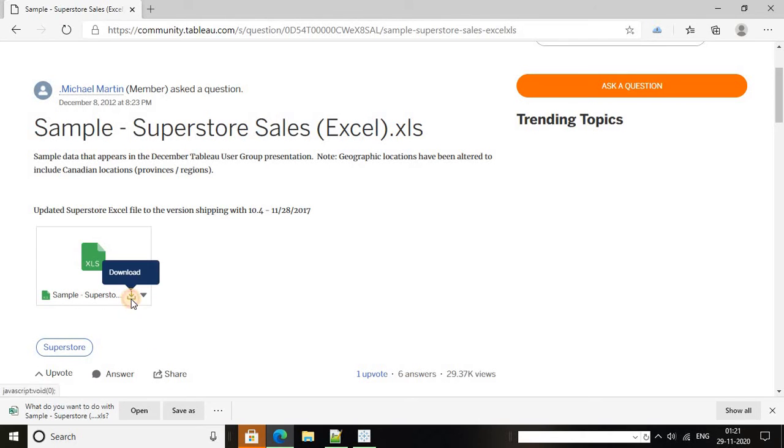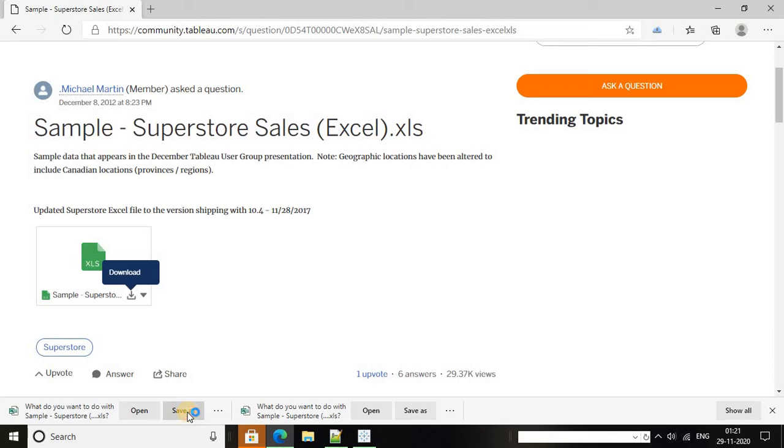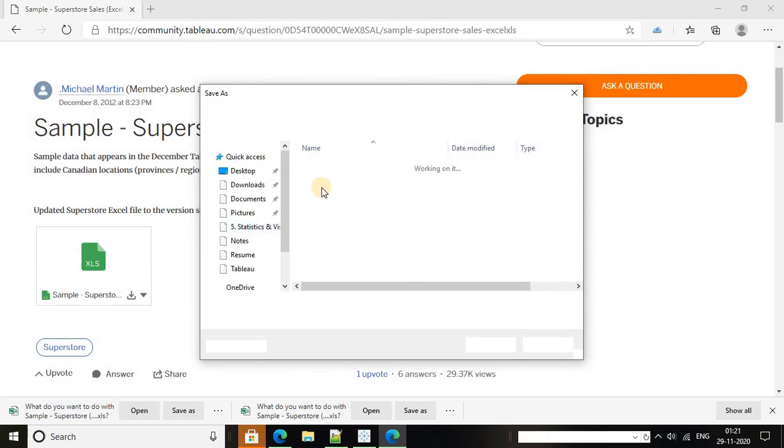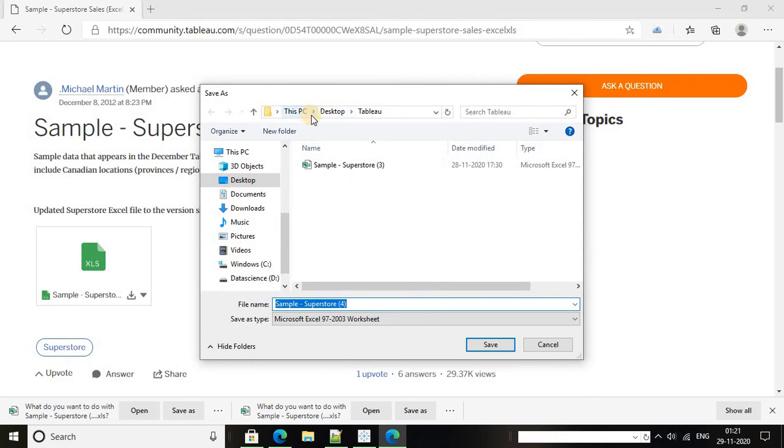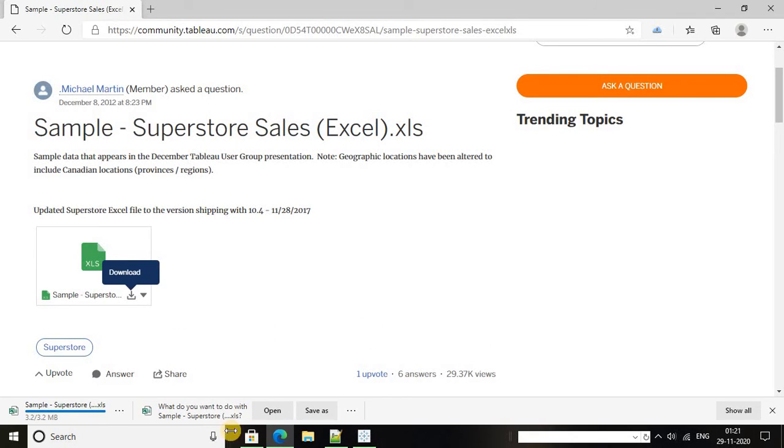So we can simply download the data. It will prompt where to save the data. I just stored it in my desktop Tableau folder. I just press the save button and it will be saved.